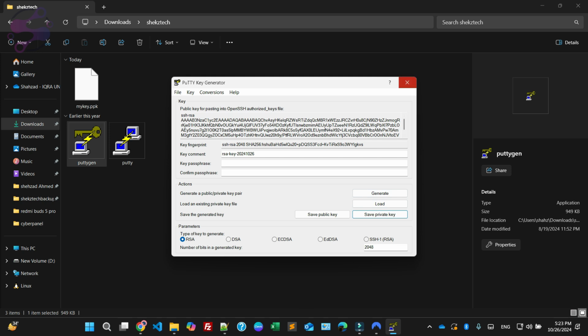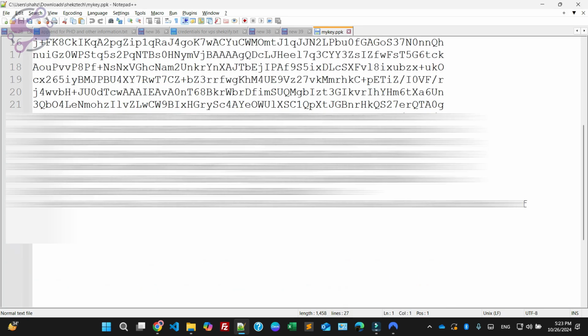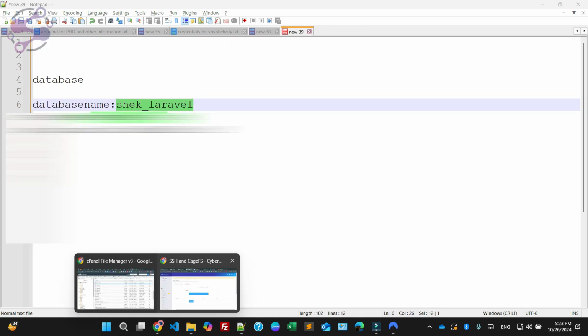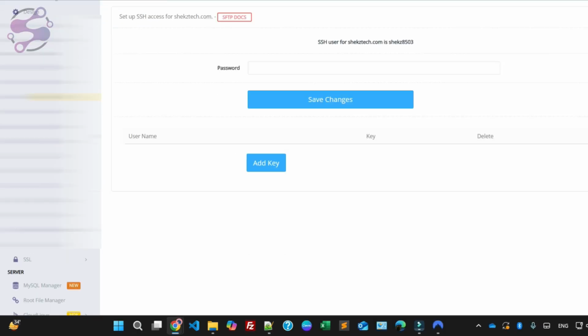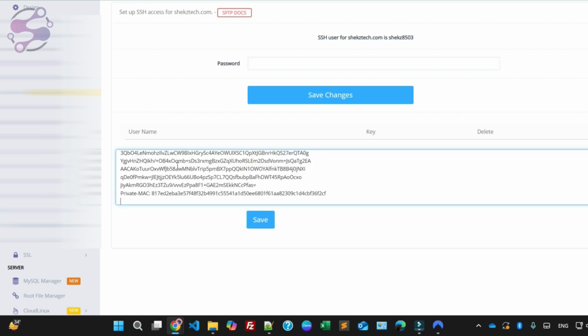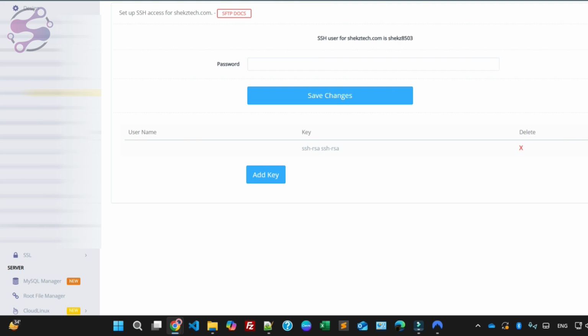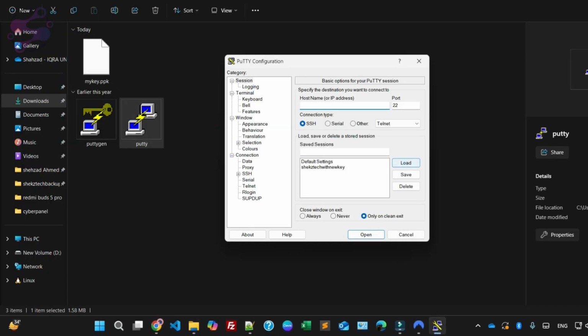So now you have your key. If you open this key, as you can see, this is your key. Copy this one, and if you go to the SSH key, just paste your key here. Save this one. Now, if you go to the host